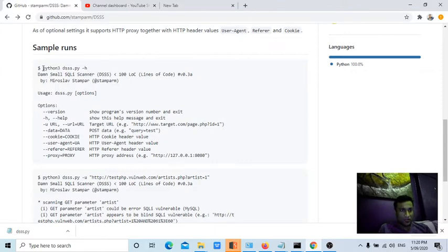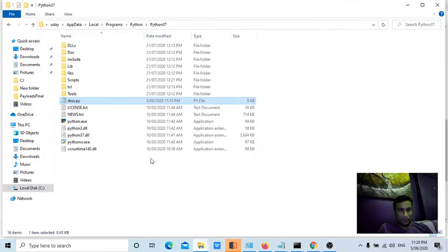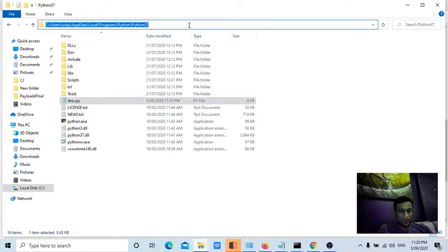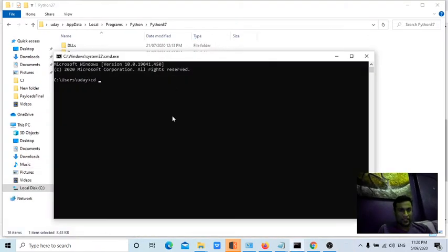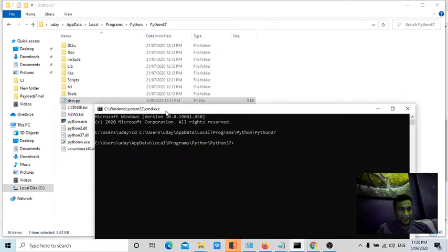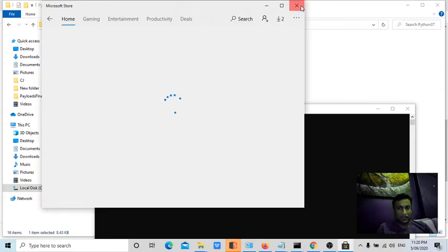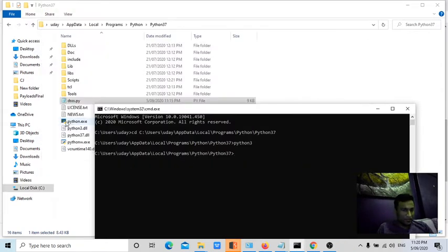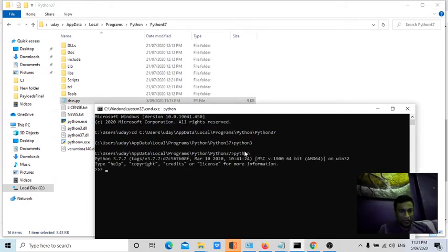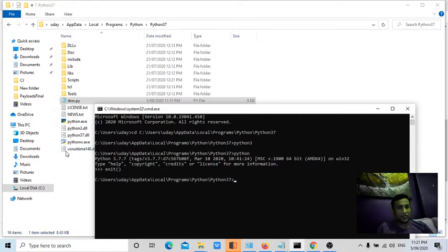He's showing Python 3. In this particular folder I don't have anything called Python 3, guys. In order to go to this particular folder I need to copy, cd space, and I am in that folder, and if I enter python3 it's not there. It's showing it's not available. Here I have Python. If from here I enter python, it will show Python 3.7 because I'm in the Python 3.7 installation folder. I hope you guys understood what I'm trying to say. So you can have Python 3 and Python 2 on your machine.